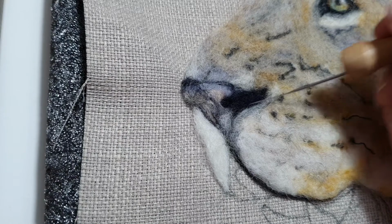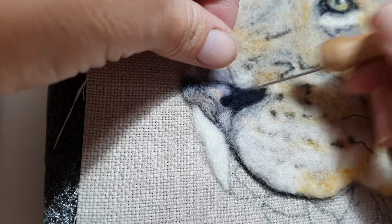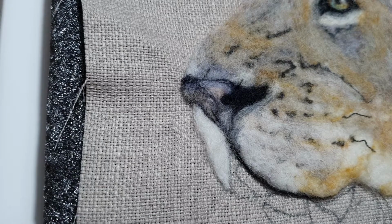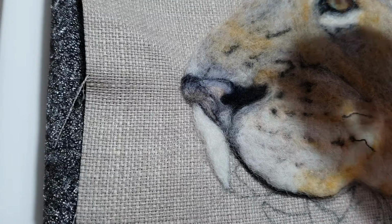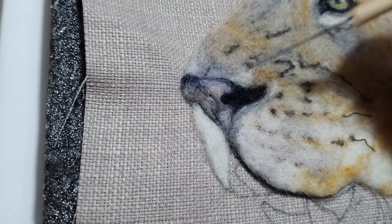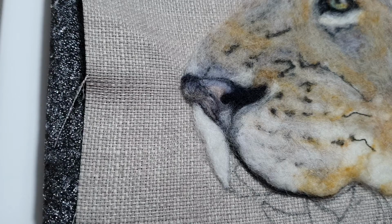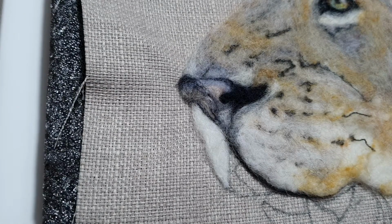Down there for now. I'm just going to add a little bit there, not too much, again just a little bit. There we go. Just going to trim those fibres off. Okay, and just tidy that up a little bit, poke down those excess fibres. And again, this is a really handy trick for grabbing all of the fibres that have been, if you're like me and you wear glasses at this point because your eyesight's gone to buggery, you can't see those fibres very easily. So giving it a little twirl and it grabs hold of them all, and you can just give it a poke down. Okay, right, so I think I need to find a bit of a terracotta, which,